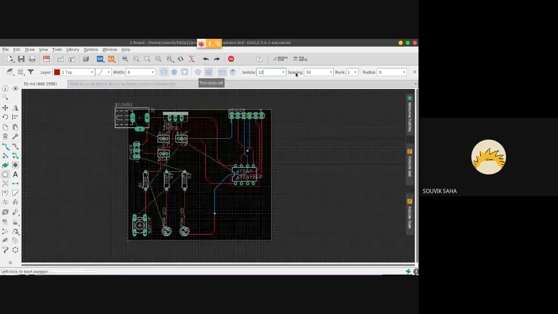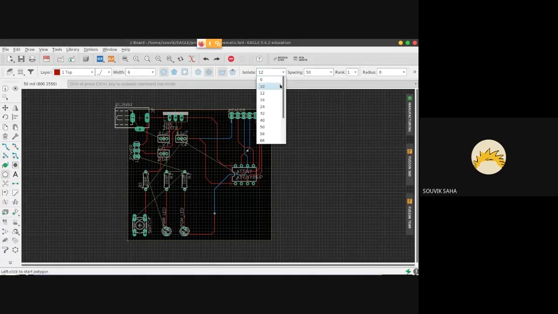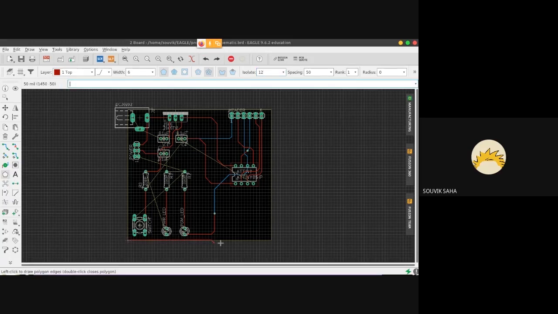The rest of the settings I think are default. So just change the isolate distance to 12. Click on polygon, and what you need to do is make an outline of the board, the yellow board line that we have made.